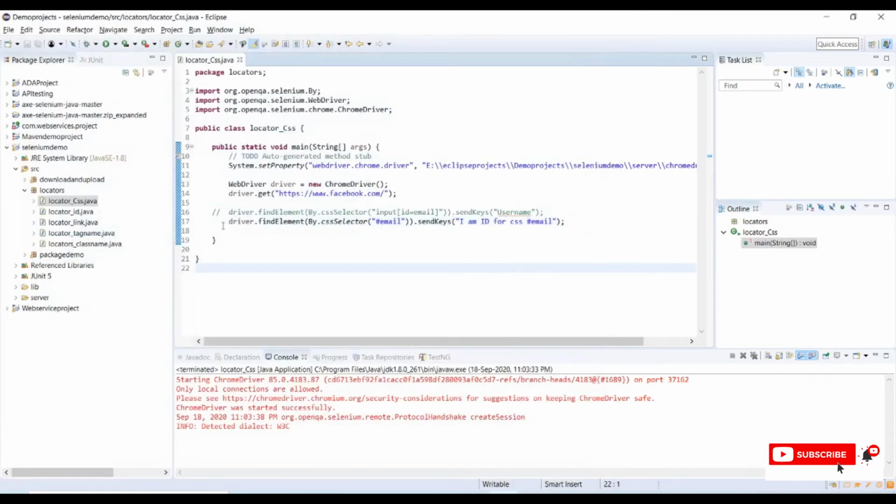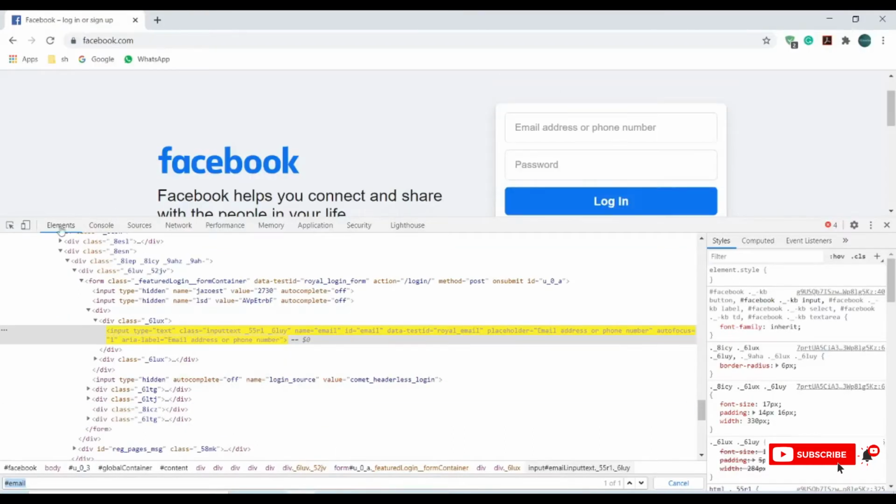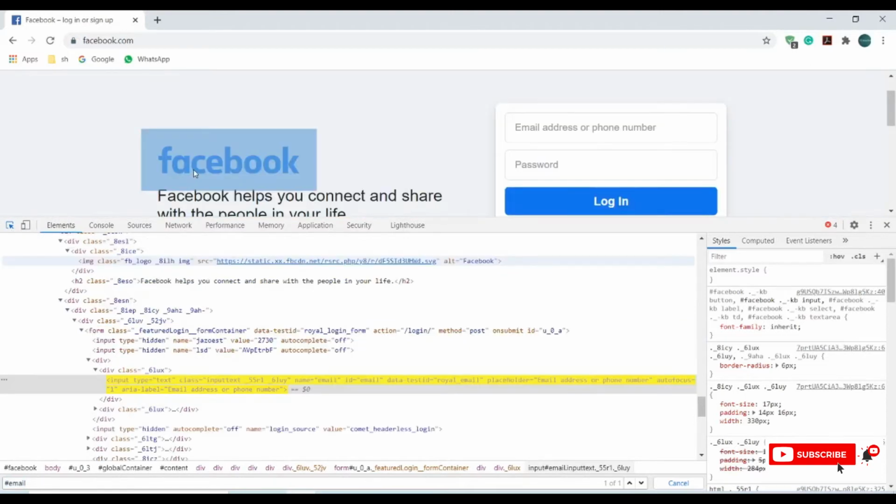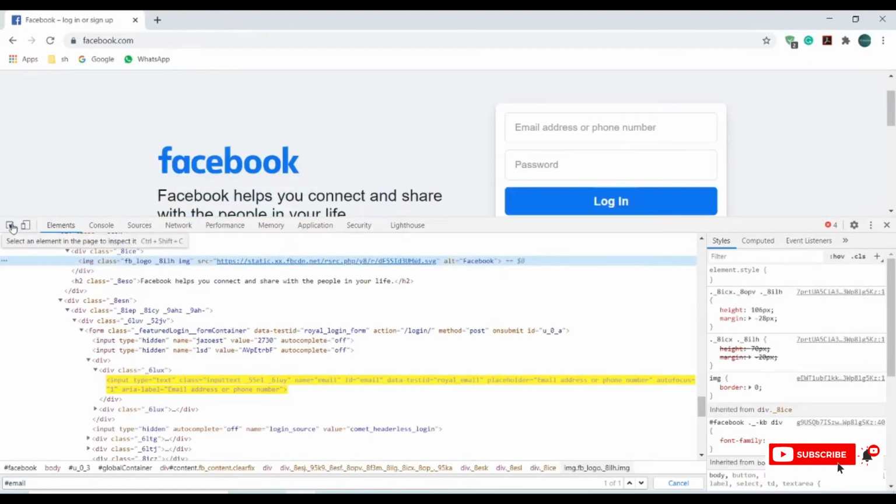And now let's see for class. Let's go back to Chrome. This time I will try to inspect a different element, the Facebook logo. We need to remove this value.